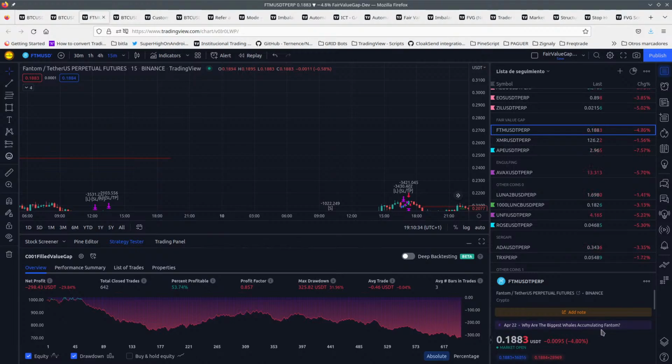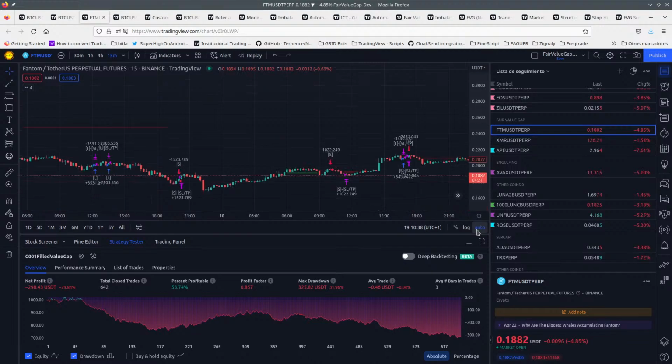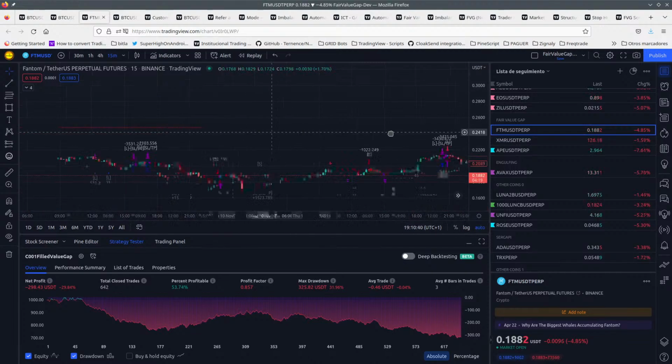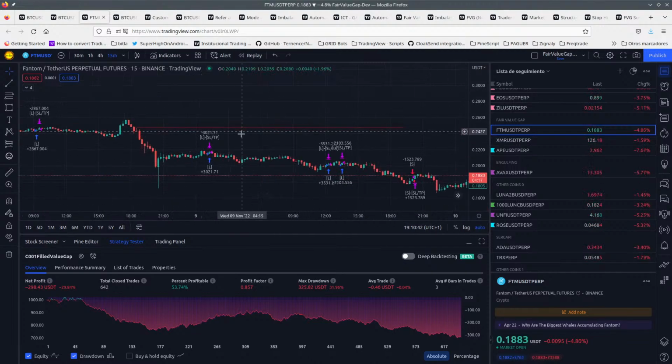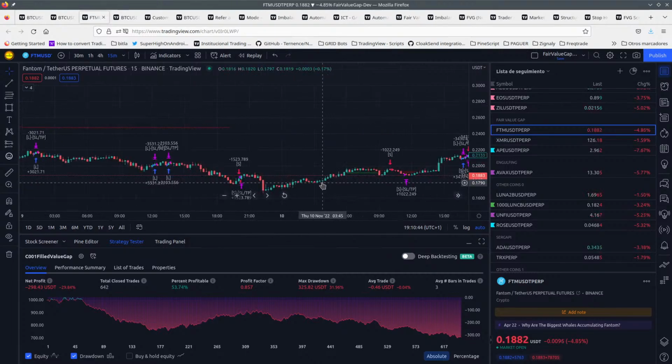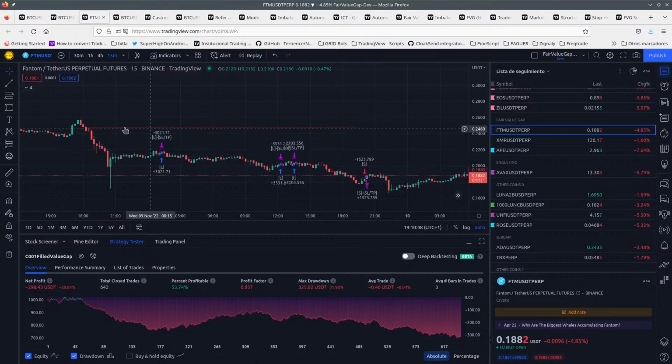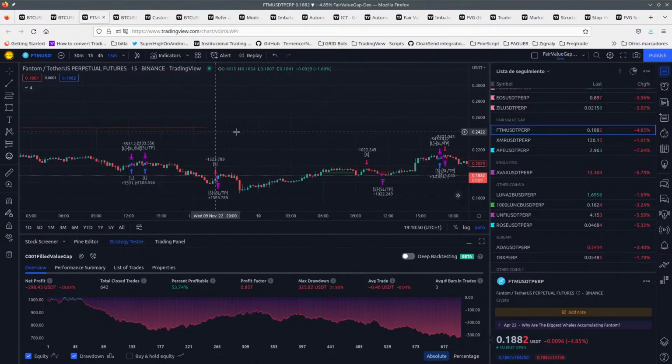Why are the biggest whales accumulating Phantom? I don't care. Wait, what the hell is this line here? Okay, it's a gap. Till here, why do you ignore it? Okay, so